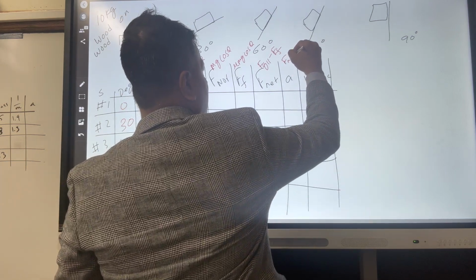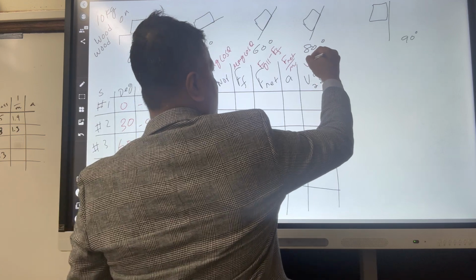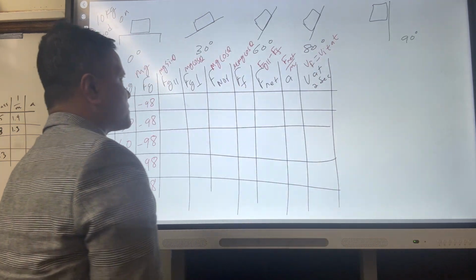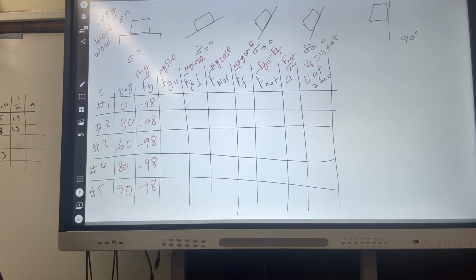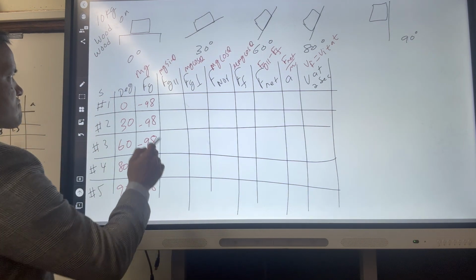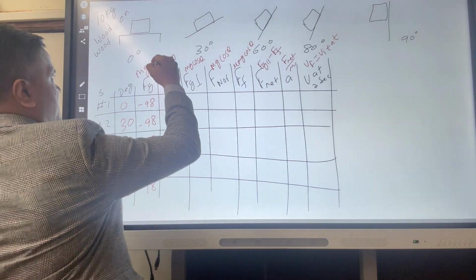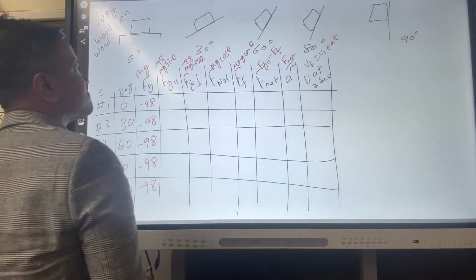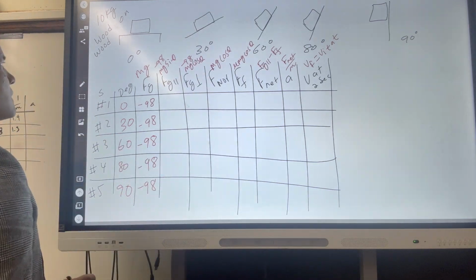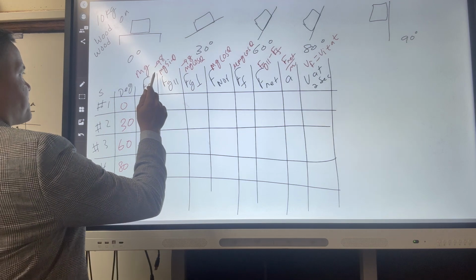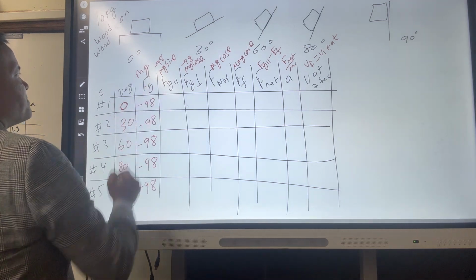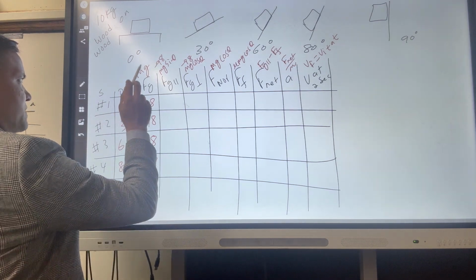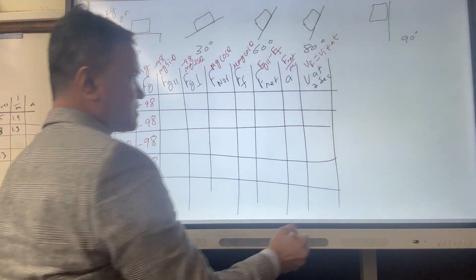F net is FG parallel minus Ff. Then our mass, vf is equal to vi plus at. Vi is 0, of course. Okay. In this case, mg is negative 98, and so on. Negative 98, and the angle is 0 degrees. So negative 98 sine 0 degrees. Sine 0 degrees is